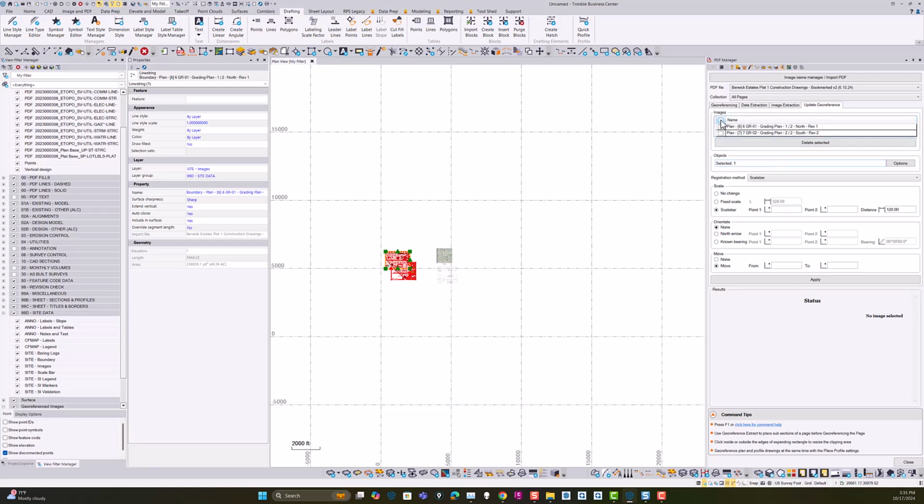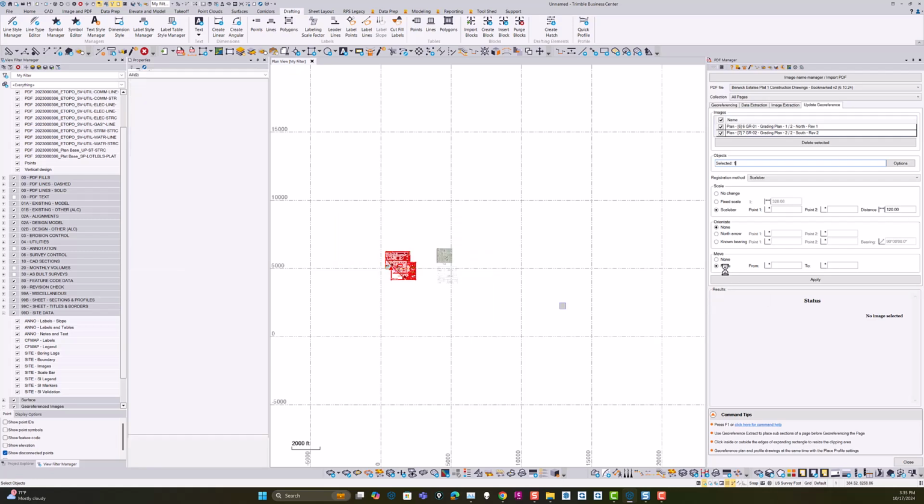And in the update georeference we can say pick all the sheets and then pick all the data, and once we've picked all the data we can then say we want to move that data from a coordinate. So I'm going to say let's move it from that start coordinate that we used earlier on, so 5000, 2000, and let's say we know that coordinate should be, let's say 695.364.234, comma 487.443.215, and we're happy with all that, and we can hit the apply button, and that's going to move all